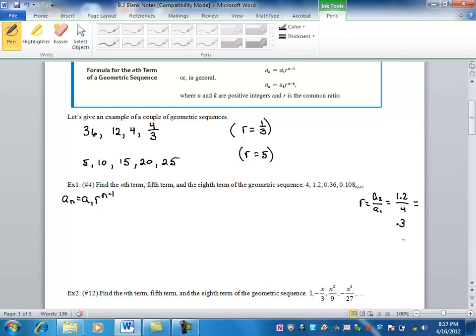So now that we've got a ratio, we know what our first term is here. We're looking for a sub 5. A sub 5 equals the first term, which is 4, times 3/10 to the 5 minus 1. And when we multiply this out, we get